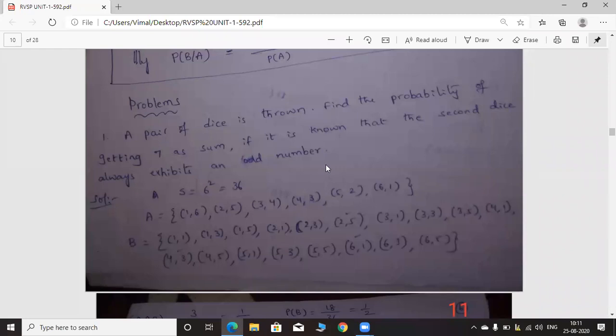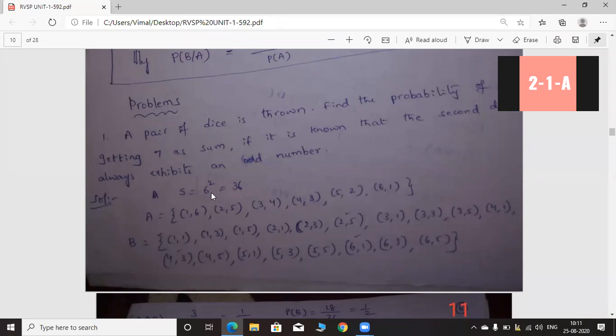Actually, each die has 6 faces. The numbers which appear on a die are 1, 2, 3, 4, 5, 6. We have 6 numbers. Among those, the odd numbers are 1, 3, 5 only. Now let us solve the problem. What is the sample space here? What is meant by sample space? I already told you the definition of sample space. The total number of possible outcomes in a random experiment is called the sample space.